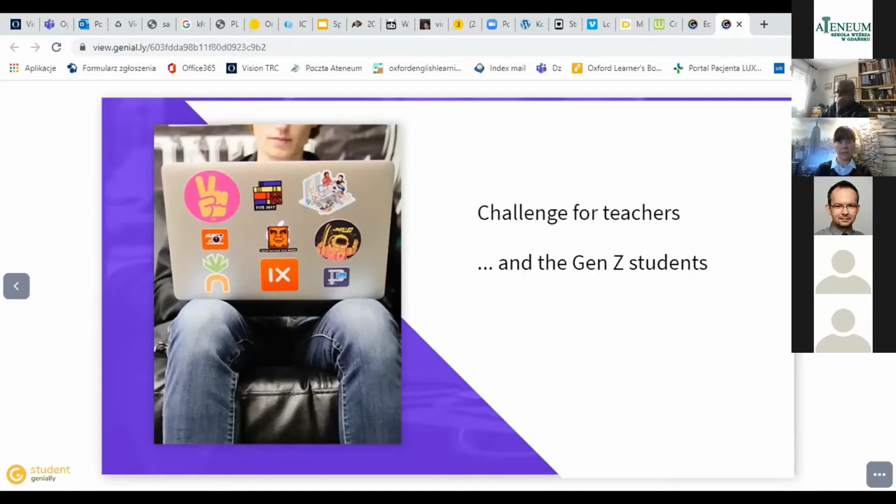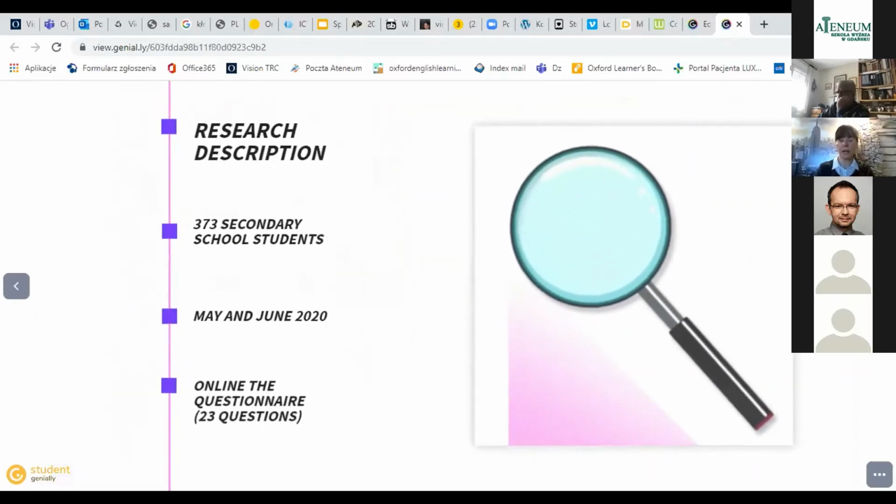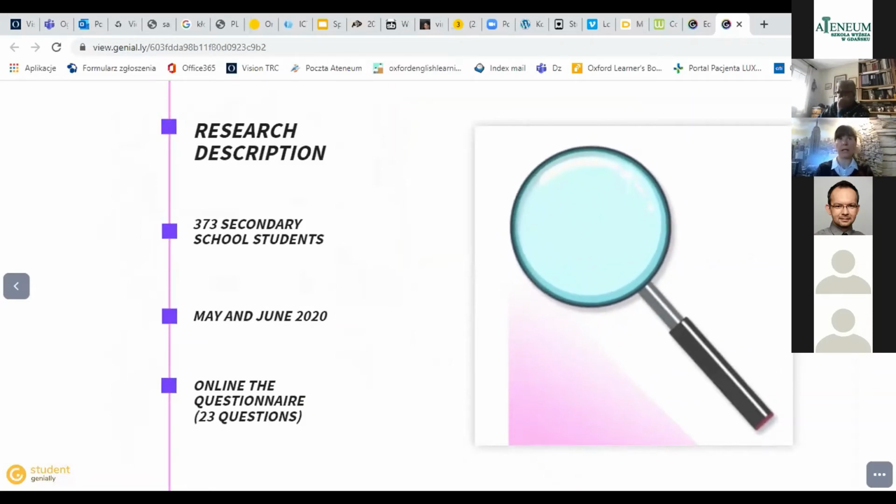So the situation was a bit difficult for everyone. Because of that, the novelty of the situation encouraged me to look into that. I decided to conduct a research,